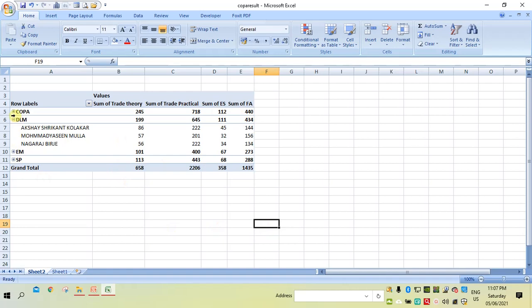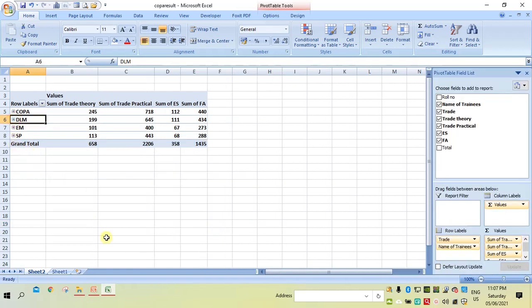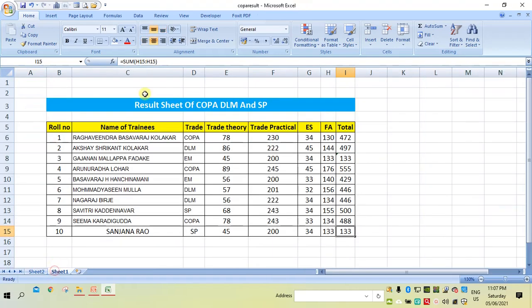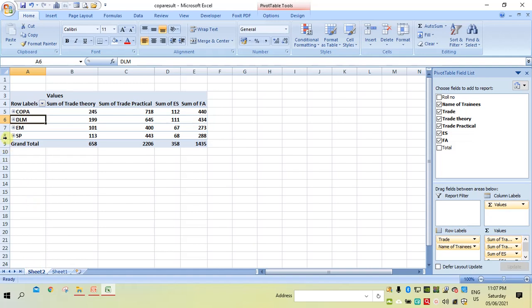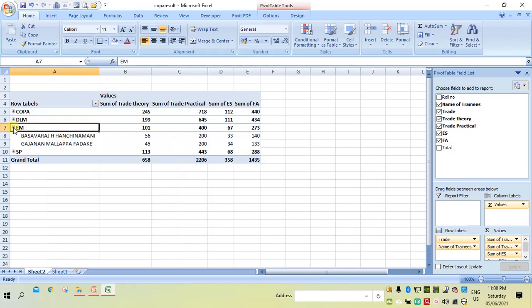Okay, so now here in this it is showing the entire table, whereas here we can see particular trade information. For example, if you want to see only the EM trade, click here, and in the EM trade there are 2 candidates and their obtained marks. Trade theory is 56, practical is 200, and employed skill is 33, and